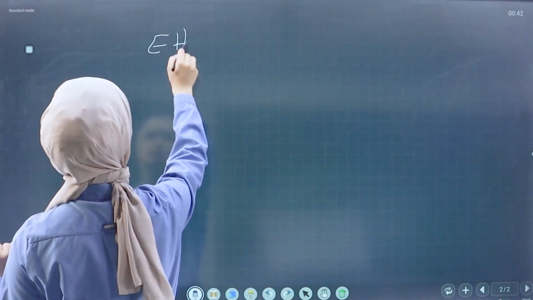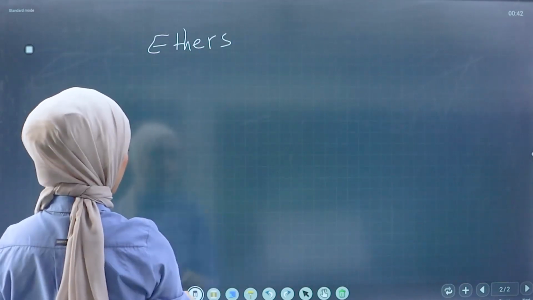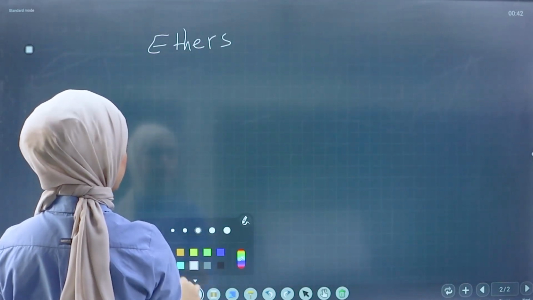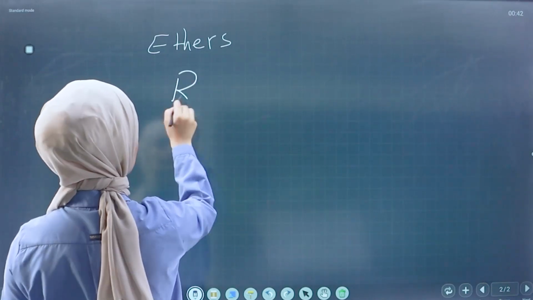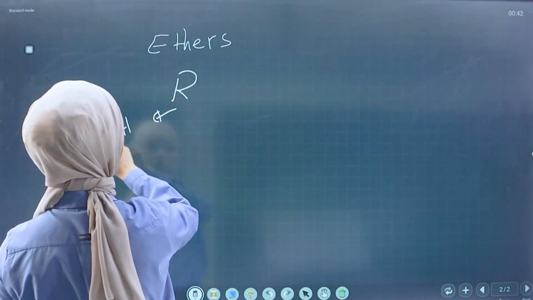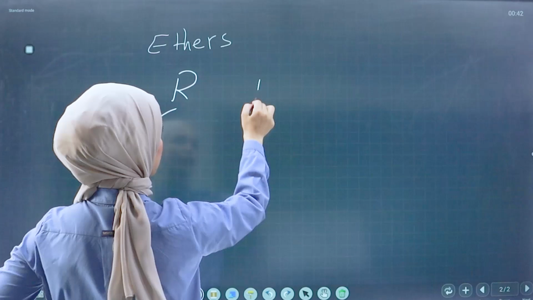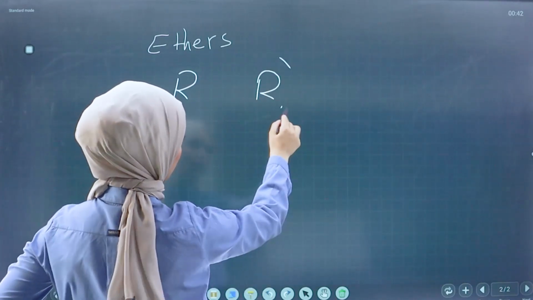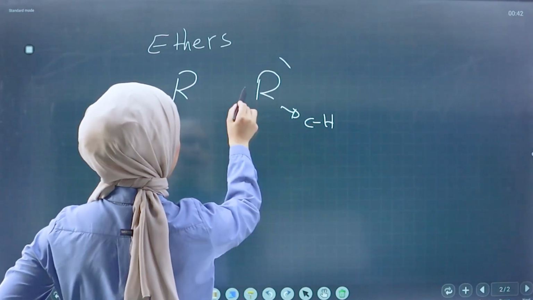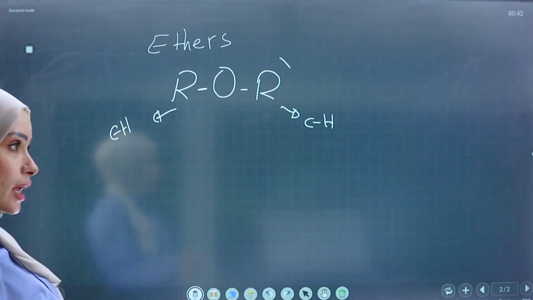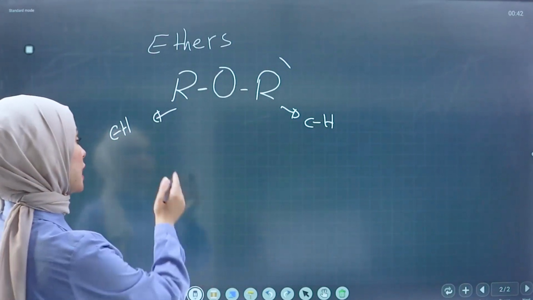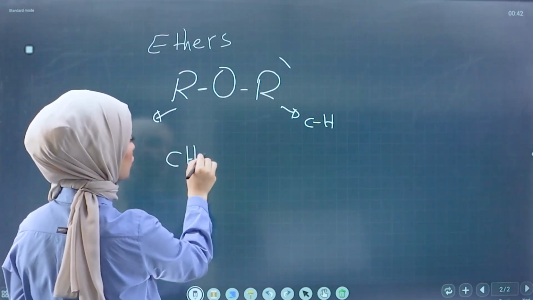Ethers. Ethers, what are ethers actually? Ethers are hydrocarbons that have an R, which is carbon and hydrogen, and another R, another carbon with hydrogen, and in the middle we have oxygen. For example, I have CH3O,